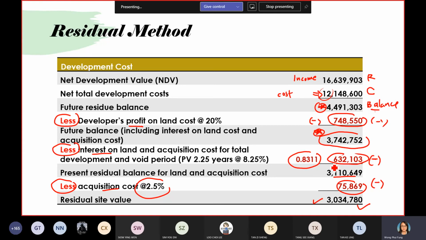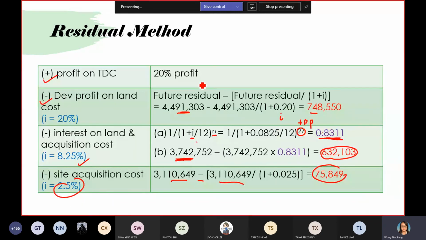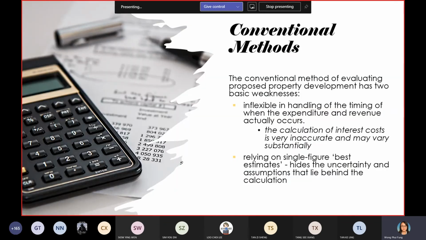You should actually minus everything out to get the pure site land cost, which is the 3 million. Then this 3 million will be your residual balance at the end after minus all the profit, interest, and site acquisition cost. So this part can be a little bit confusing, so you can follow this table to calculate your residual land cost. All right, so that's all